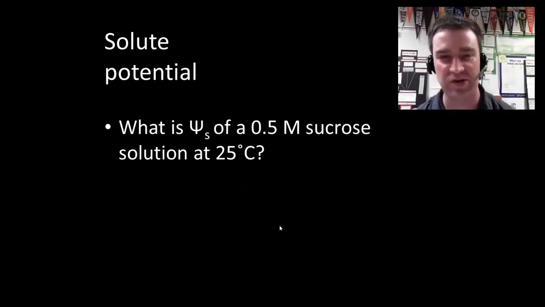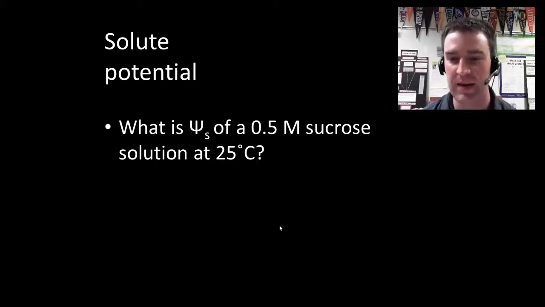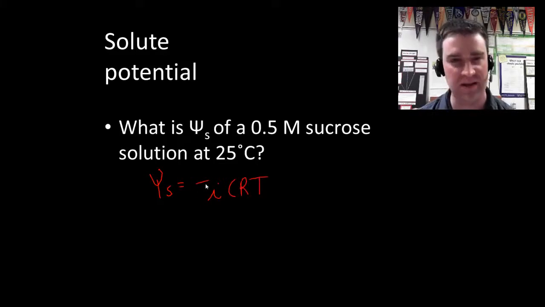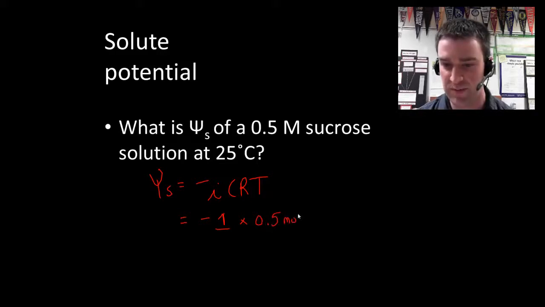And if we were to actually calculate how much solute potential a 0.5 molar solution of sucrose has at room temperature, then we could use our equation. Negative ICRT. Remember that it's also negative. I don't know if I emphasized that on the last slide, because remember that the greater the pull here, we want to indicate a pull with that negative sign, with that negative value. So what would this be in this case? Remember that sucrose does not ionize, so I would simply be 1. We're going to multiply that by its concentration, 0.5 moles per liter, or molar. We're going to multiply that by the gas constant,